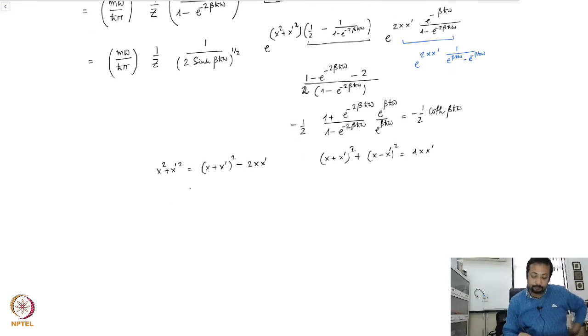So that this I can now replace as (x plus x prime) whole square minus half of (x plus x prime) whole square plus half of